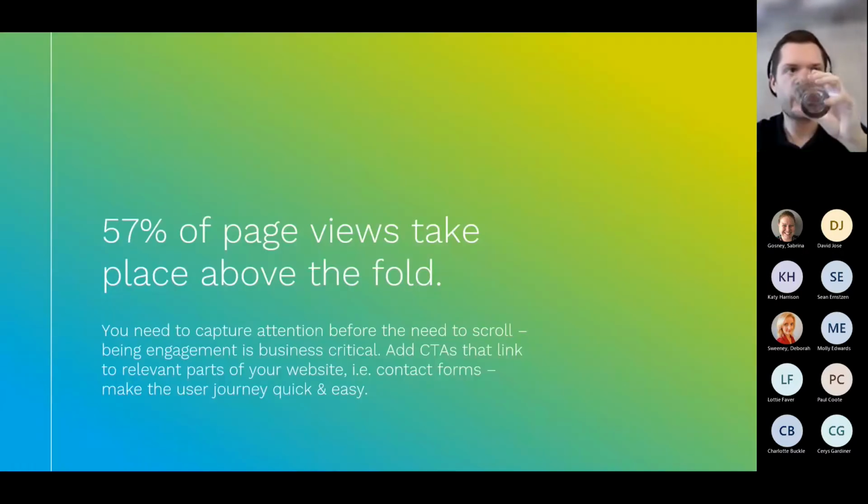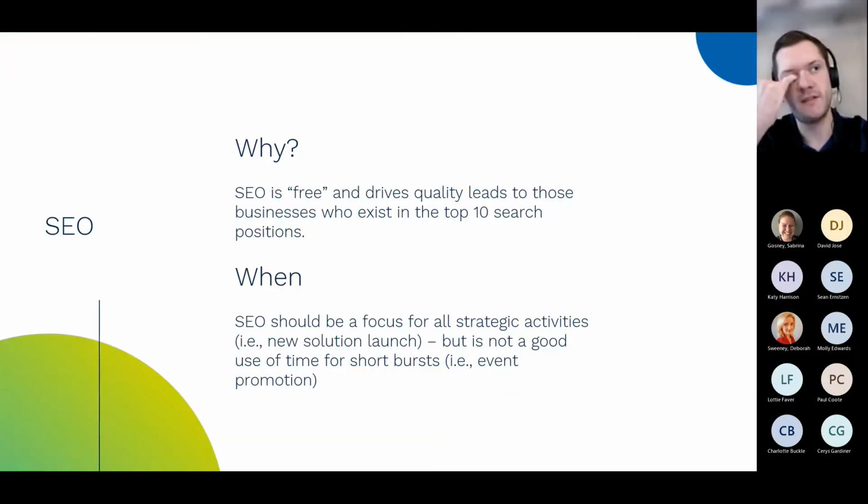So into the SEO section of this presentation, we've got quite a lot of information here. I've tried to keep it really top level, and if anyone came to any of the session that we did pre-Christmas, a lot of the content is the same here. But I just wanted to focus on really SEO as an opportunity and why it should be in that next layer of your campaign plan.